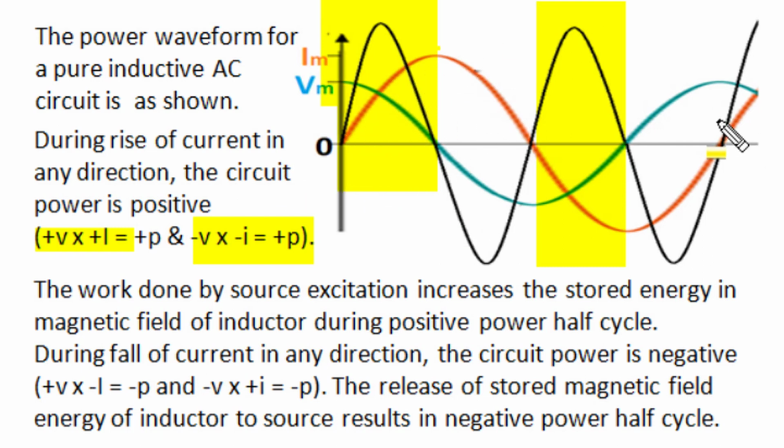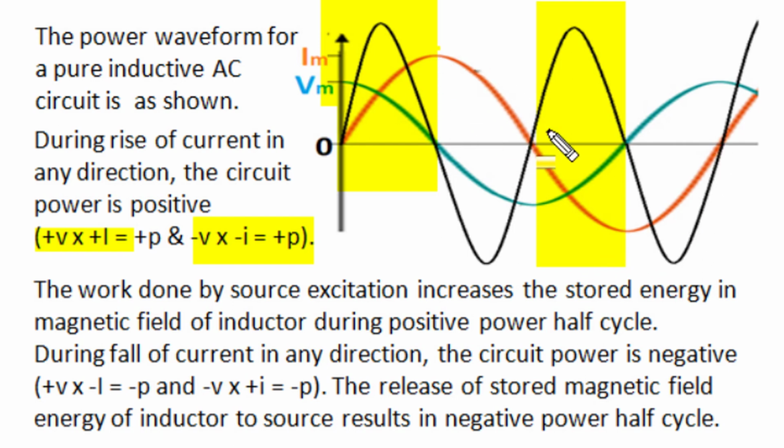And in the other two quarters, when current is decreasing in any direction, one out of current and voltage is positive and the other is negative, and instantaneous power in those two quarters is negative. And in those cases, when current is decreasing, the magnetic field associated with that current, whether current is in one